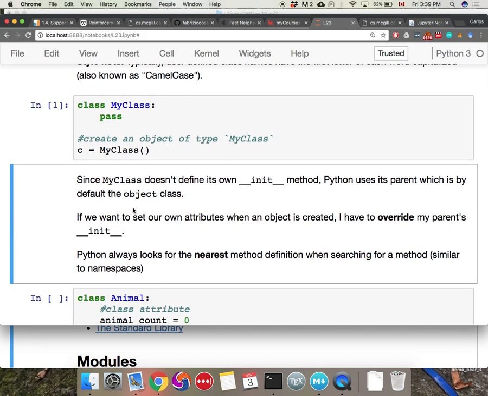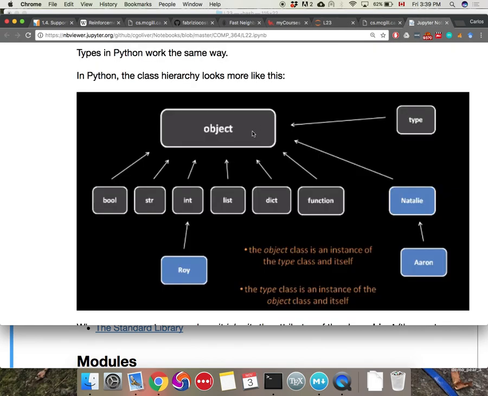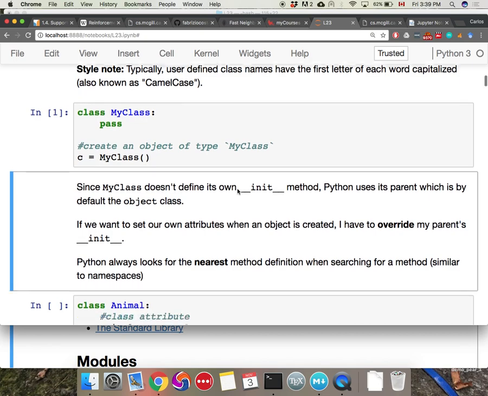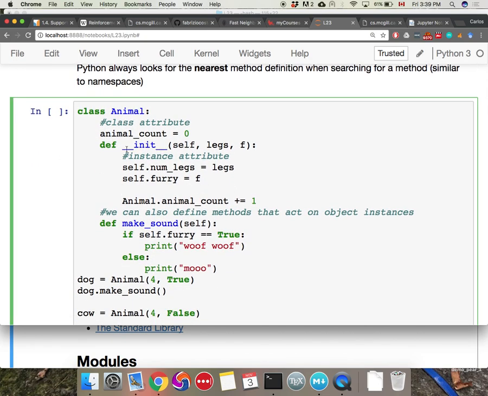Obviously, this is not very interesting. What's happening here is that Python says, all right, you didn't really define anything to differentiate yourself, so I'm just going to take whatever your parent class does to create a new object and use it for you. But if we want to make our class a little more unique, we can give it our own